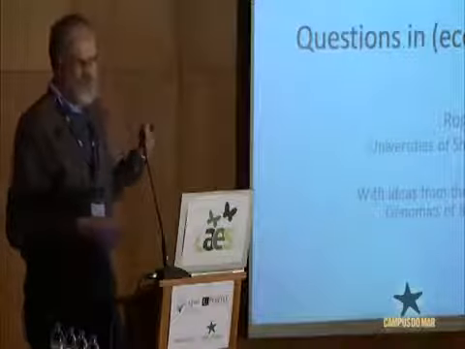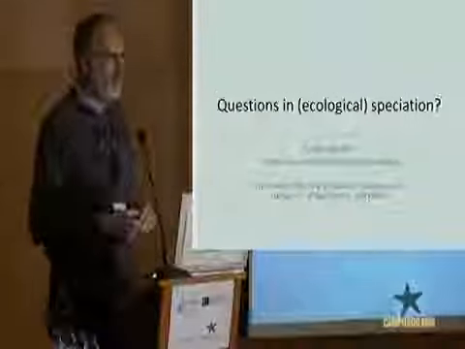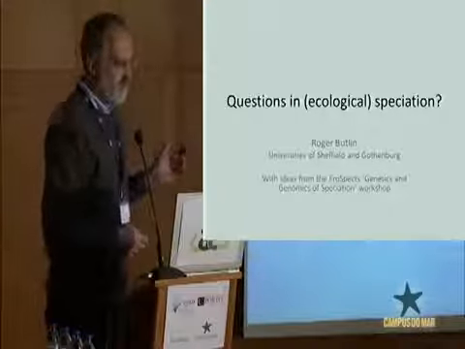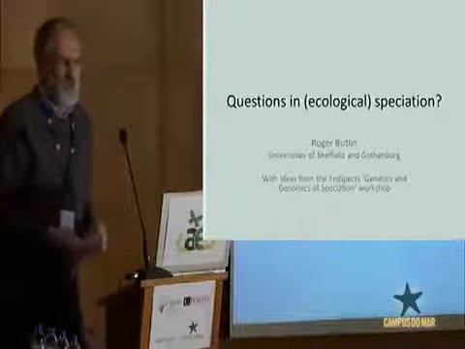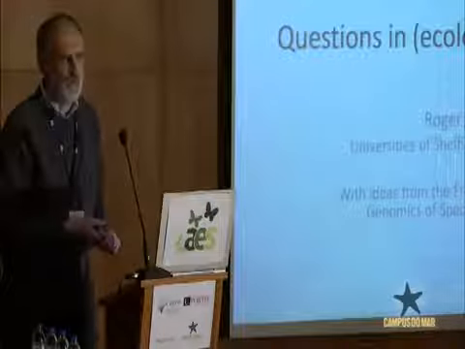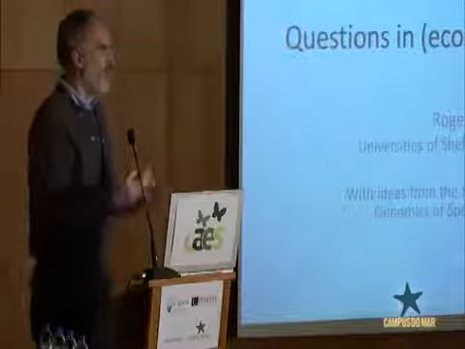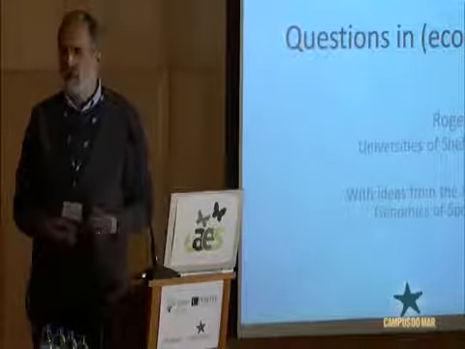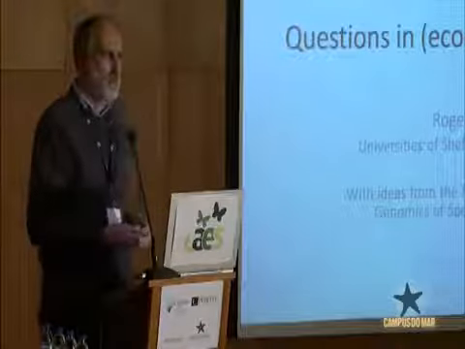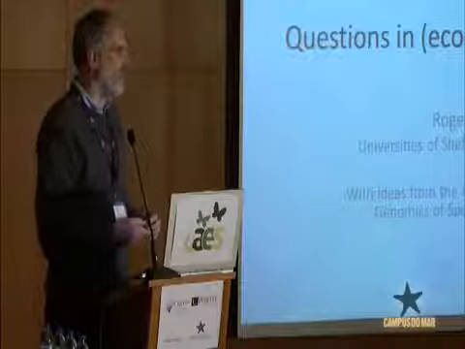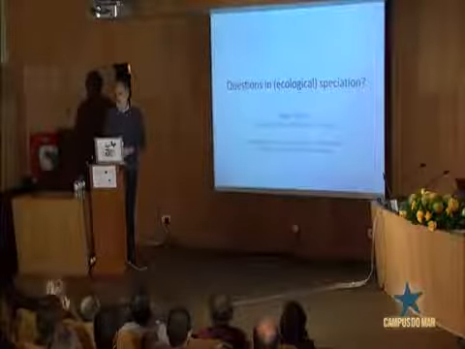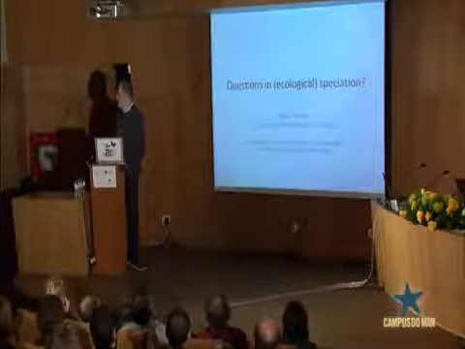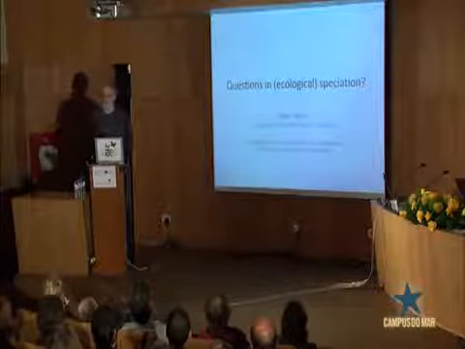I put ecological in brackets here because personally I don't like categorizing speciation into ecological speciation or gene order speciation or allopatric speciation or hybrid speciation or whatever, because I think in most speciation events a variety of different processes are involved. So what we've been talking about here are often cases where divergent selection in different habitats is a key component of speciation, but it's far from being the only process involved in the completion of speciation in those examples which start with local adaptation. So yes, there may be strong ecological drivers in some cases and relatively weak ecological components in others. I think it's generally more helpful to think about the contributions of those different components than to ask whether this particular